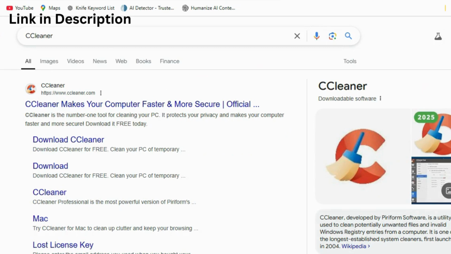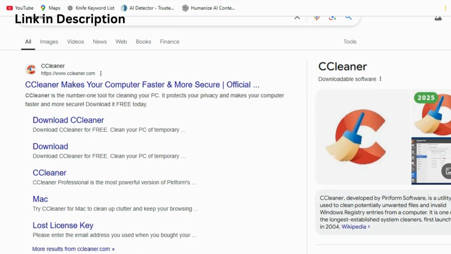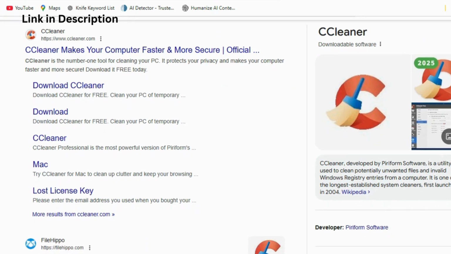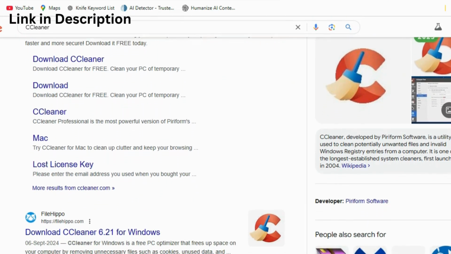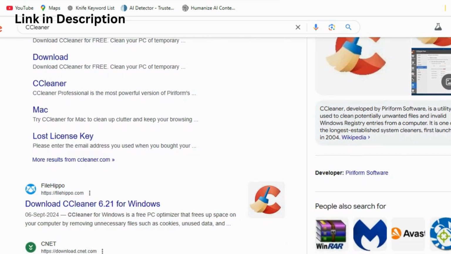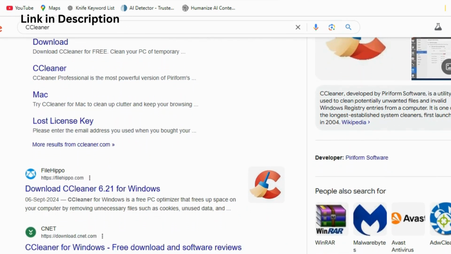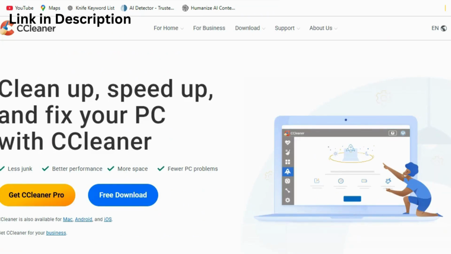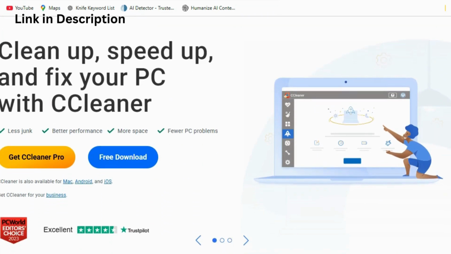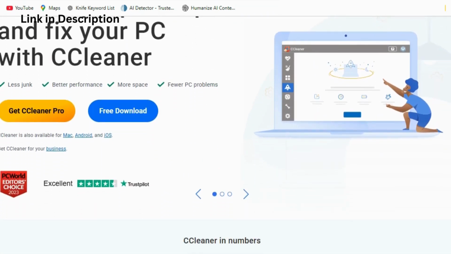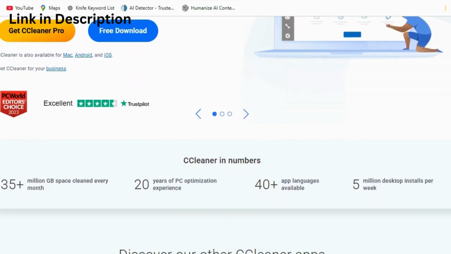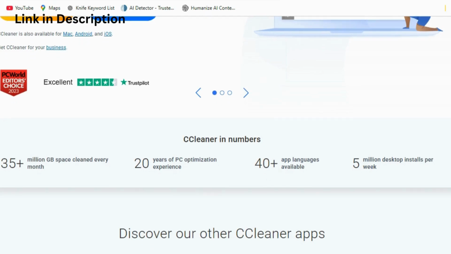CCleaner is a popular system optimization and cleaning tool developed by Piriform, designed to help users improve the performance of their computers. Available for Windows, macOS, and Android, CCleaner is a versatile program that helps clear unnecessary files, fix registry issues, and optimize system settings to ensure smoother and faster operation. With its intuitive interface and powerful features, it has become a go-to solution for users looking to maintain a clean